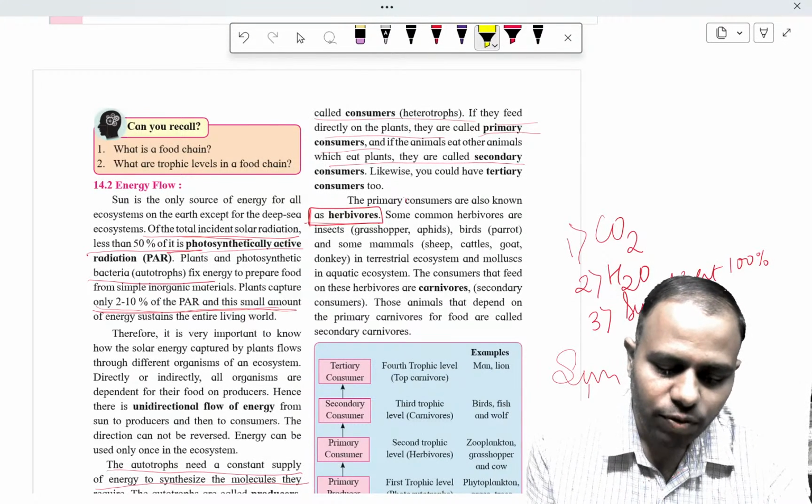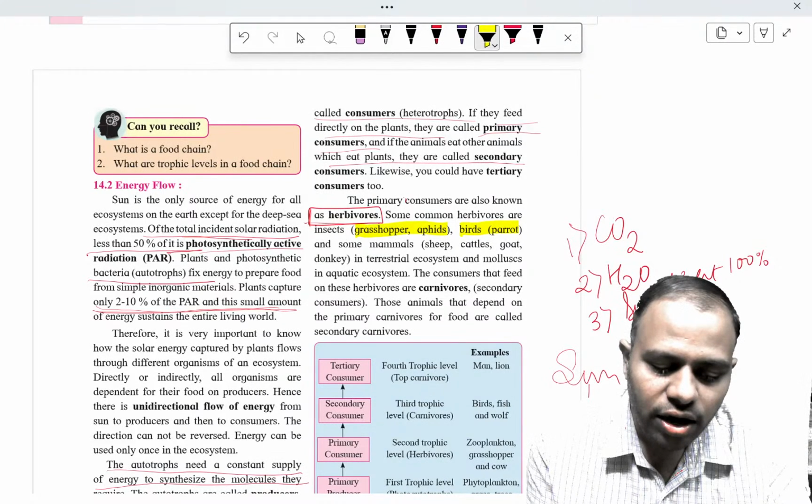Examples are grass. Some common herbivores are insects such as aphids; in birds, for example bats; in mammals,